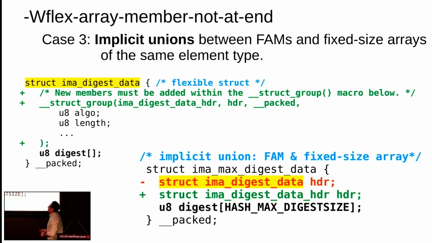So what we have here is our conflicting object. This is the flexible structure. Of course, I use struct_group to isolate the members in the flexible structure and leave the flexible array member out of the equation. And then I changed, of course, the type of the conflicting object. And just with this, the compiler loses visibility into the flexible array member. And up to this point, the warning would be gone, right?